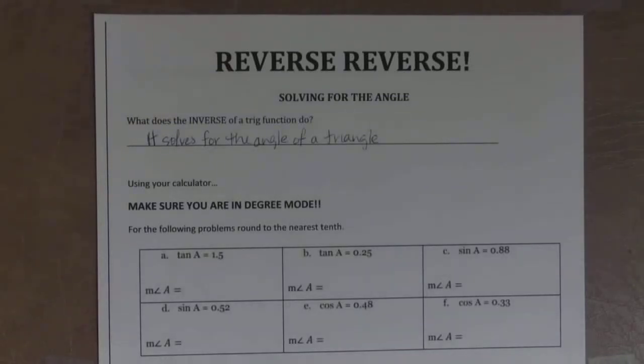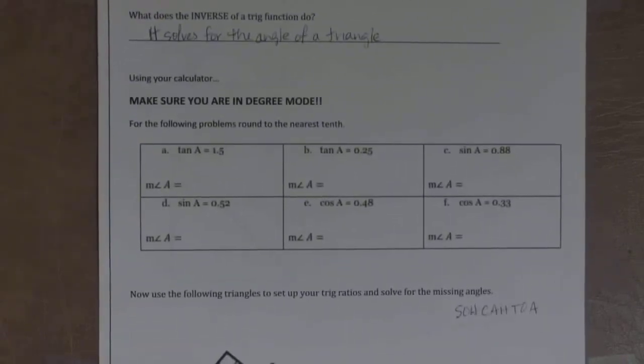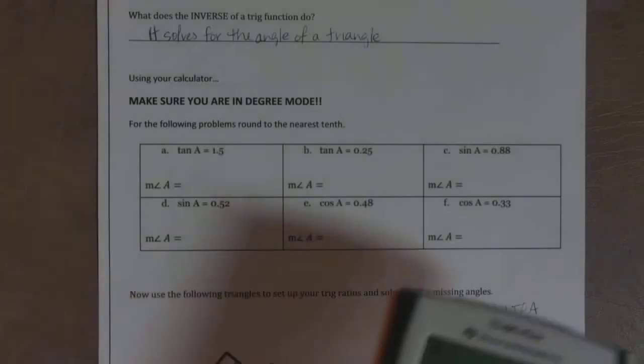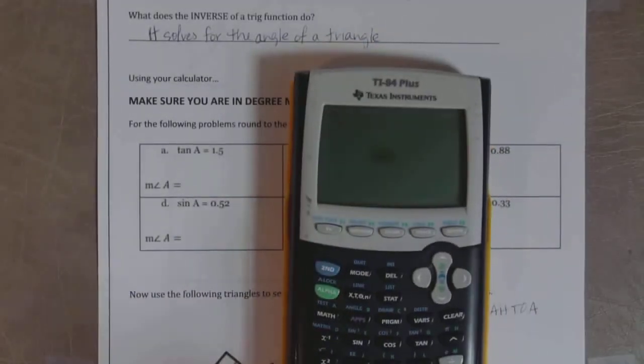So I have this question. What does the inverse of a trig function do? Well, it solves for the angle of a triangle. Okay, obviously. So now, for these first 6 equations, I'm just going to show you how to put it in your calculator, and then we'll set up our equations and do the whole thing. So if this is what we have, the tangent of a equals 1.5, all you have to do is go into